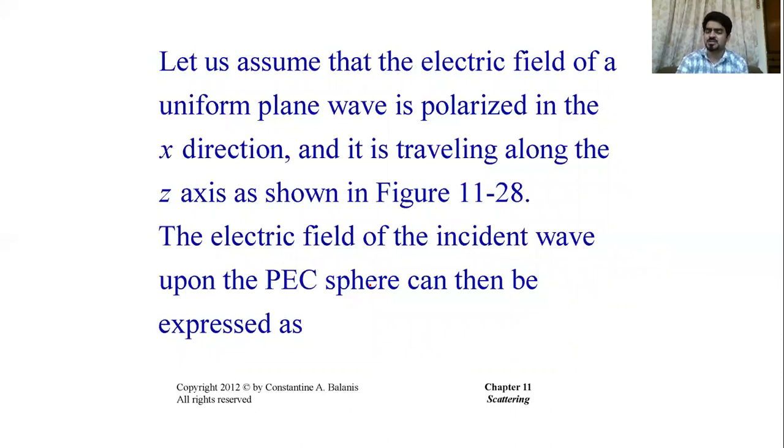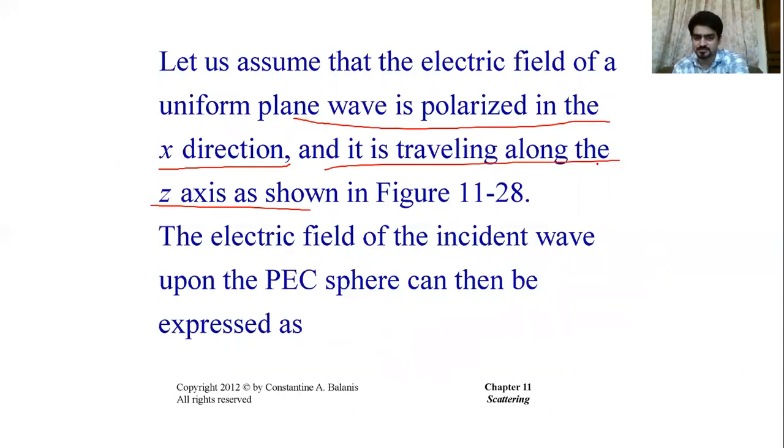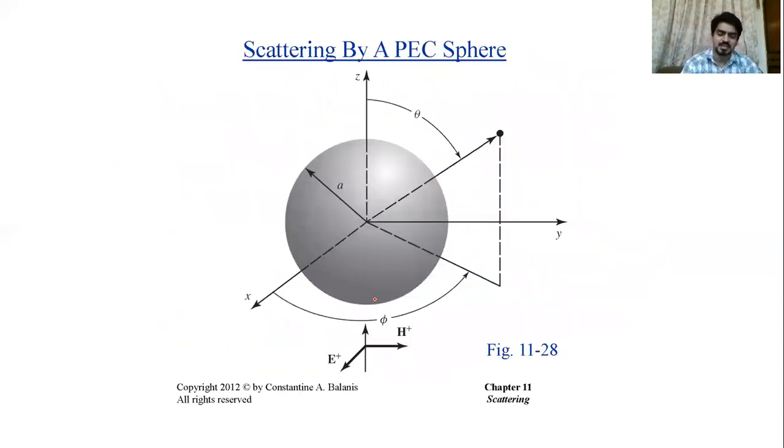We'll place our source on the negative z-axis in the far field, so that we will have plane wave incidence in the positive z direction. Waves are going to propagate in the positive z direction, and the E field is going to be polarized in the x direction. So this will be your incident wave, and this is your geometry, a spherical geometry placed at the origin. It has a radial dimension of a.